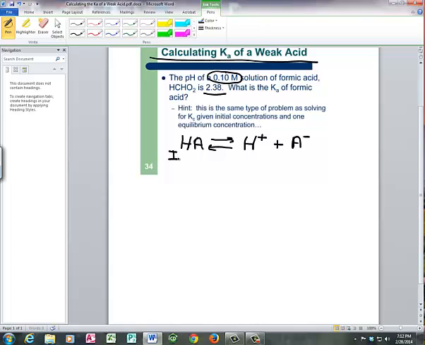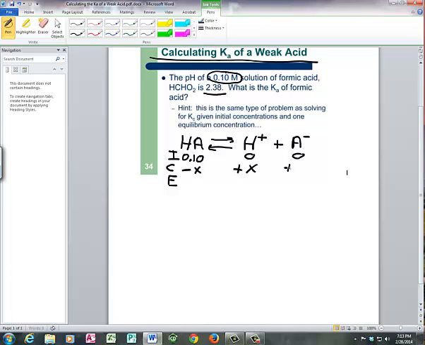And you know how it is when you're calculating a Ka and you're not given all the information you need in terms of the equilibrium concentrations. You need a nice table to make sense out of the information. So here we have 0.10 molar initial concentration of our weak acid, our initial concentration of our two products, H plus and A minus, of 0. That one kind of looks like a football or something. Our change is going to be minus X, because the coefficients are all 1, and plus X for our two